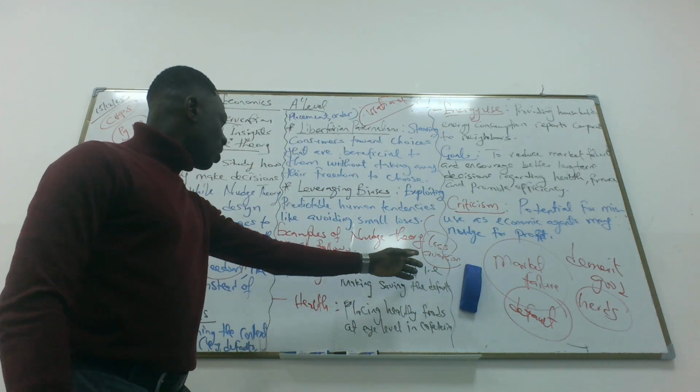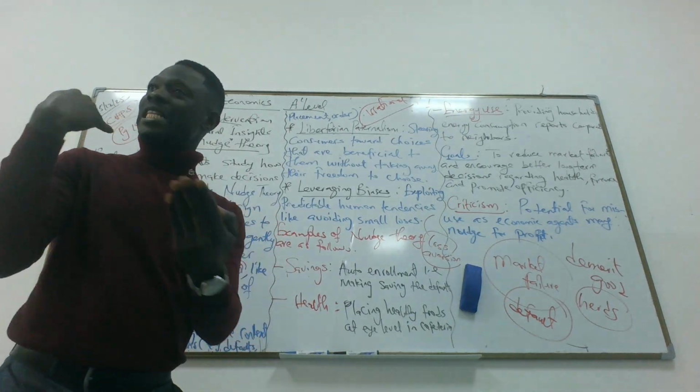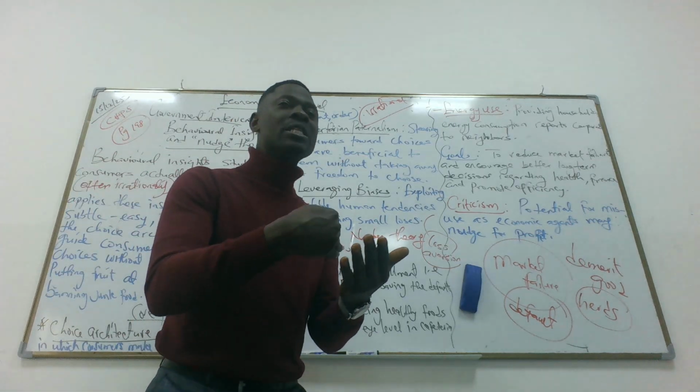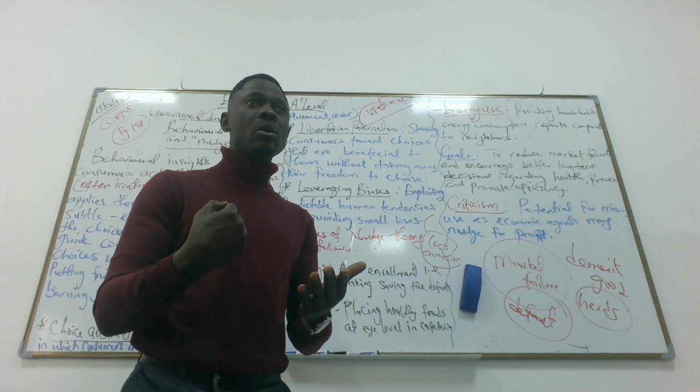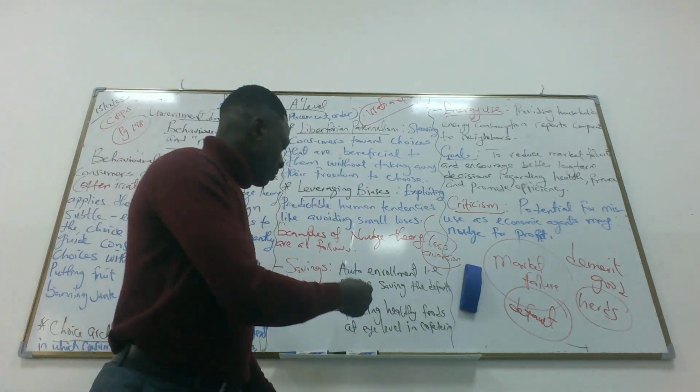So examples of nudge theories are savings. The first one we're going to talk about is your savings. When you spend so much, it is an irrational behavior because you're supposed to save. Saving is the part of the income we did not spend. Yes or no? Saving is what? The part of the income that we didn't spend.